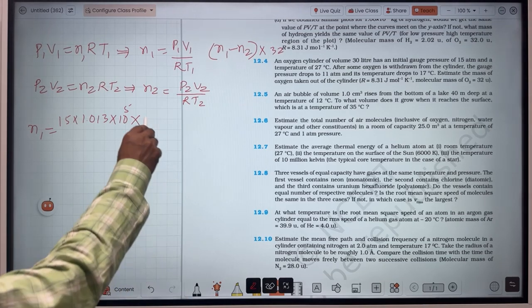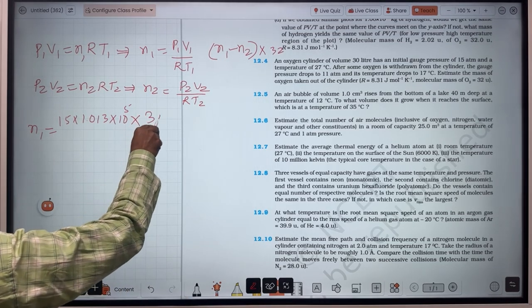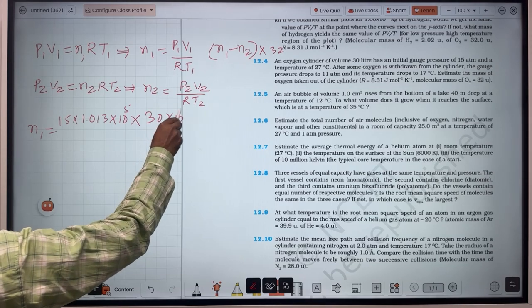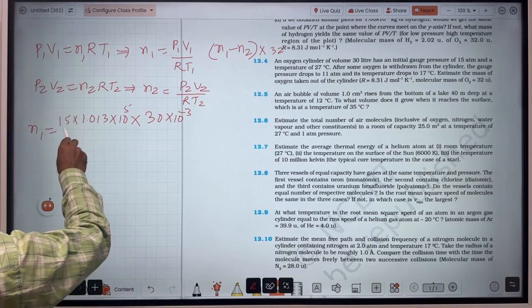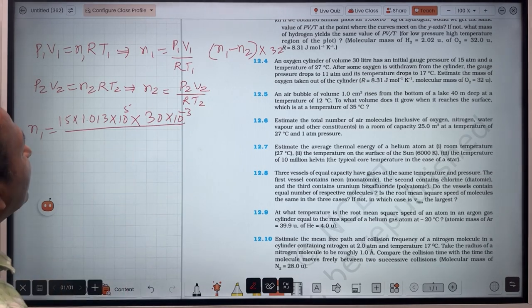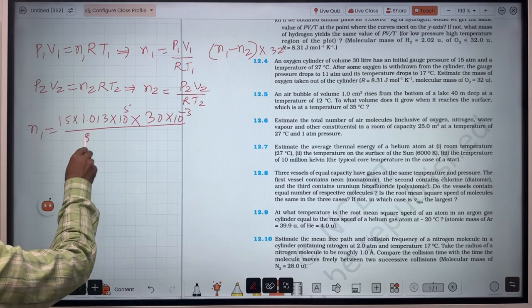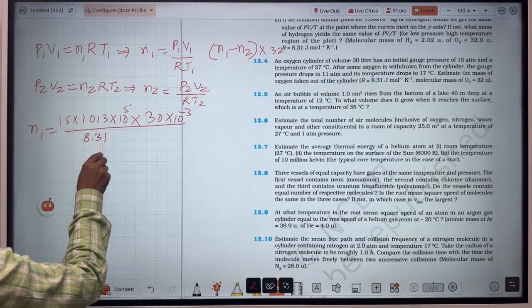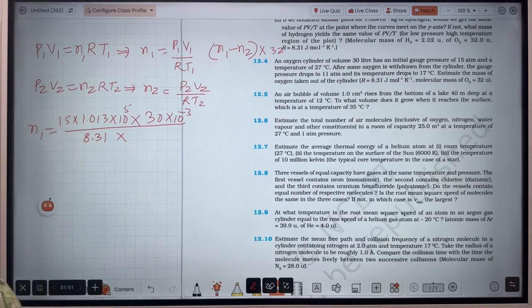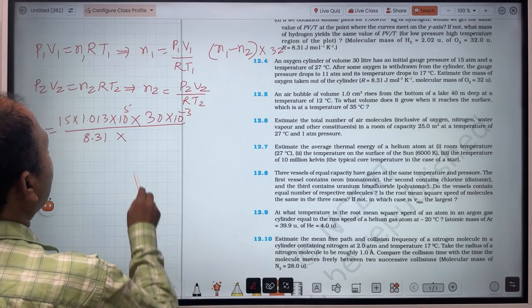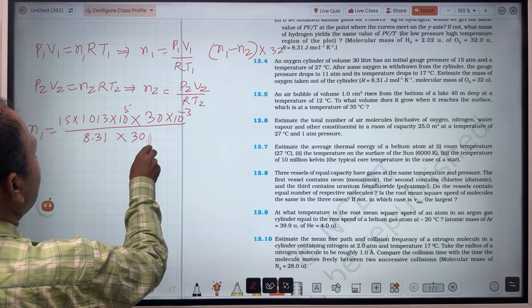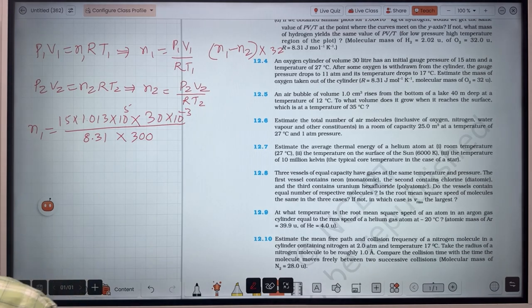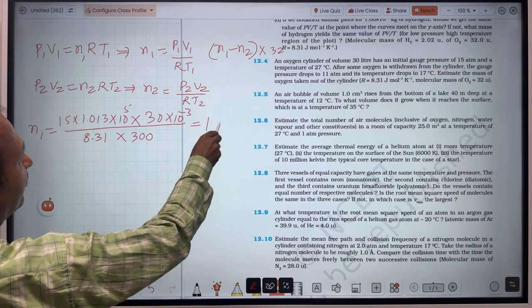V1 is volume, 30 liters, so you can write 30 into 10 power minus 3 meter cube, whole divided by gas constant 8.31 into temperature T1, 27 degrees centigrade. So 27 plus 273, this will become 300 Kelvin. So this is the value of N1. So this comes out to be 18.3,